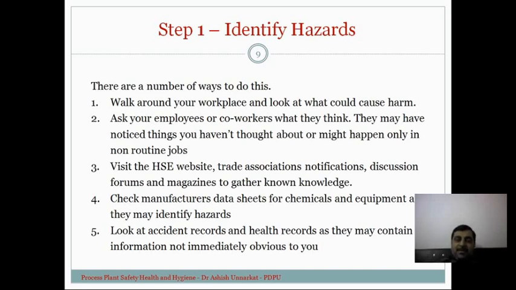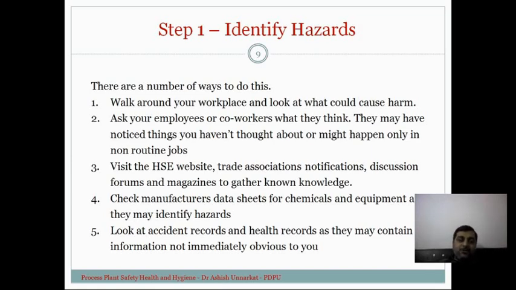Maybe by their previous experiences they'll be able to tell, and collectively they'll come out with what can cause harm. If this is not the case, the employees who are working in the vicinity of a workplace can tell you what exactly can cause hazards